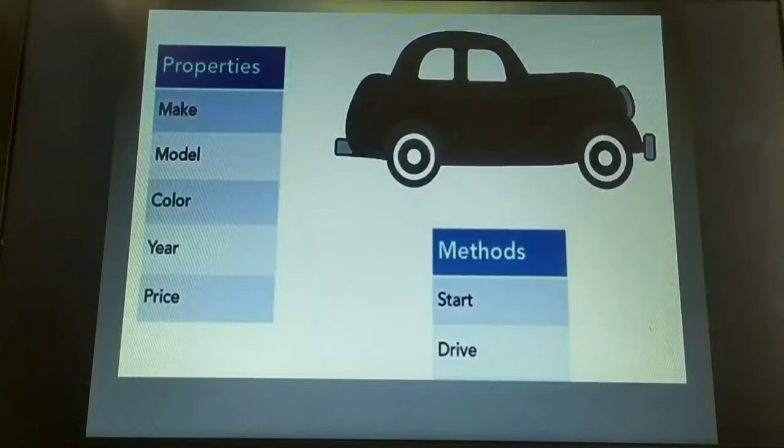Now here one more example I can show. A car is an object which has its own properties, in the sense the data members, and behavior, in the sense methods. These are different terminologies. That's it. Make, that means manufacturer, date, this model might be a characteristic, color, year, price. They are all coming under the characteristics, that is the data members. And what are the different behavior methods? Maybe start, then drive might be the unique features of this particular car.